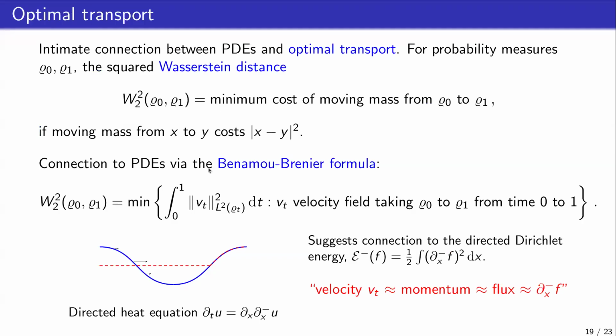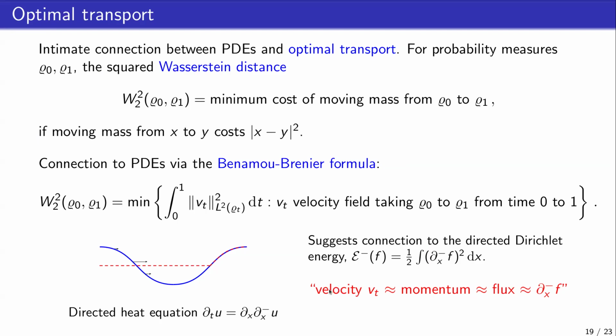So the point is the following. Our first step was to get this inequality for Wasserstein distance. And then this Benamou-Brenier formula here tells us that if I give it any velocity field v_t, so v_t is going to be for each time t a map that tells me the velocity at all points in space. So it's again this two-dimensional map. And then it's telling me to integrate this velocity at all times, so over space and then over time. So this is total kinetic energy. And if I can prove that that is small and takes me from my initial measure to my final measure, then the Wasserstein distance is small. So that's what the formula says.